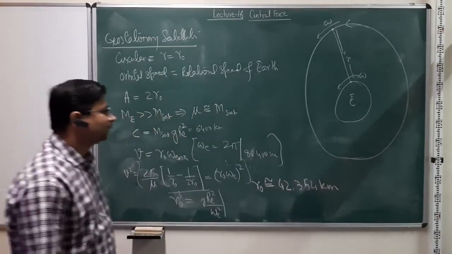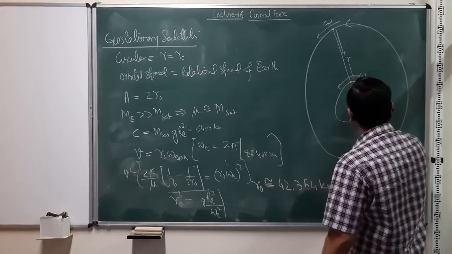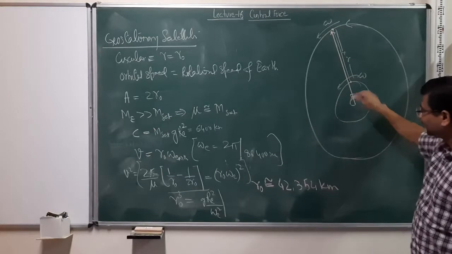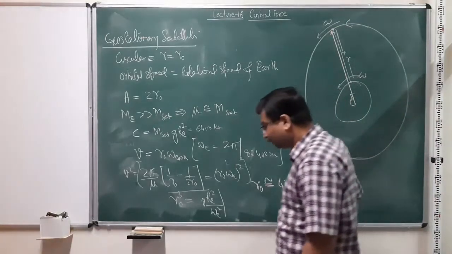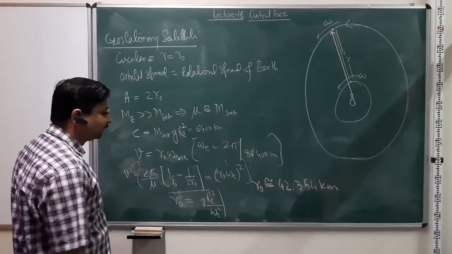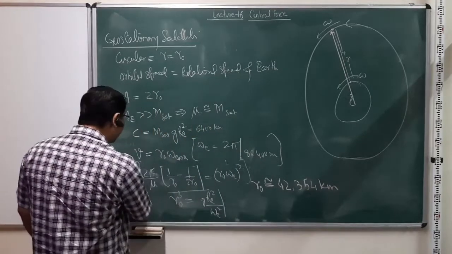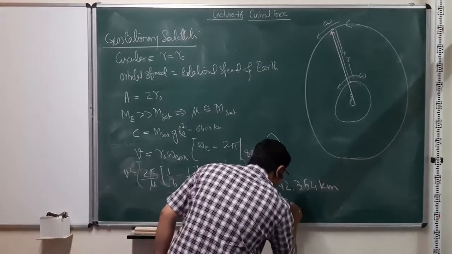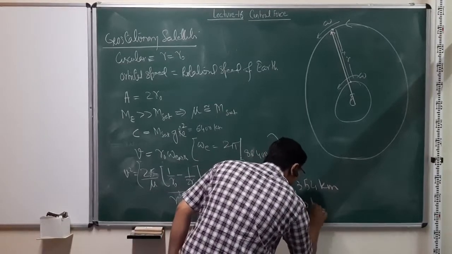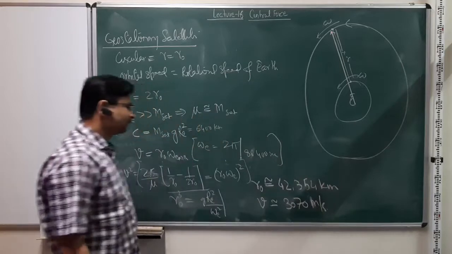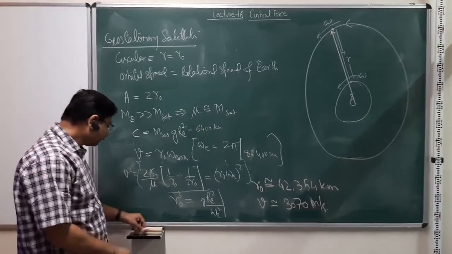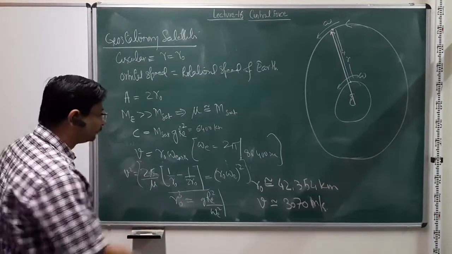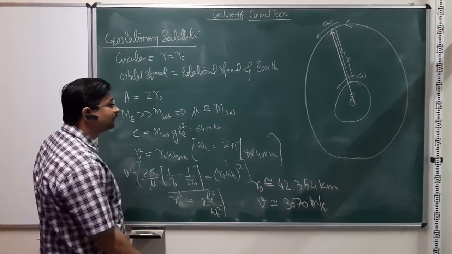and if we calculate r0, it comes out to be approximately 42,354 kilometers, right? So again, this is from the center of the Earth. So the satellite has to be parked from here. From the surface, you subtract 6400 kilometers from here, and then you get the distance from the surface. We can put this back, get the velocity also, right? And this comes out to be about 3070 meters per second. So anyway, these are simple calculations which you can do, right? And look for the quantities that are needed.